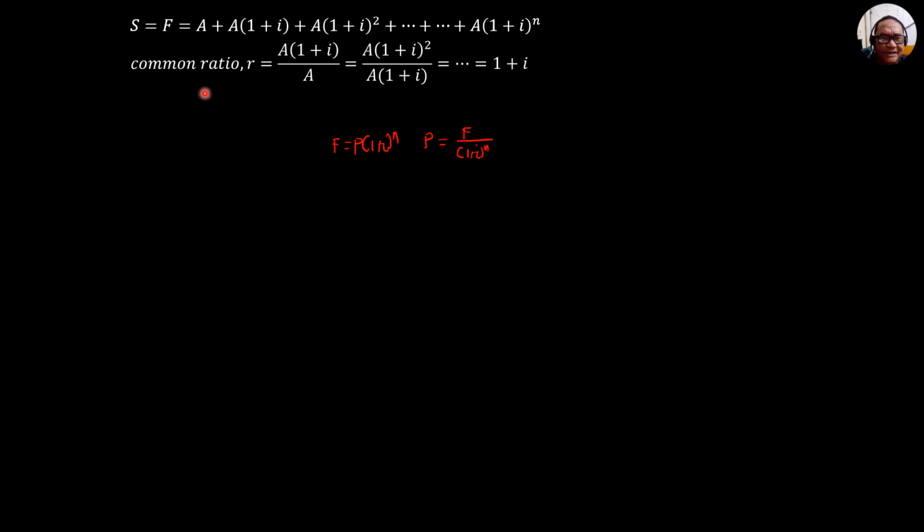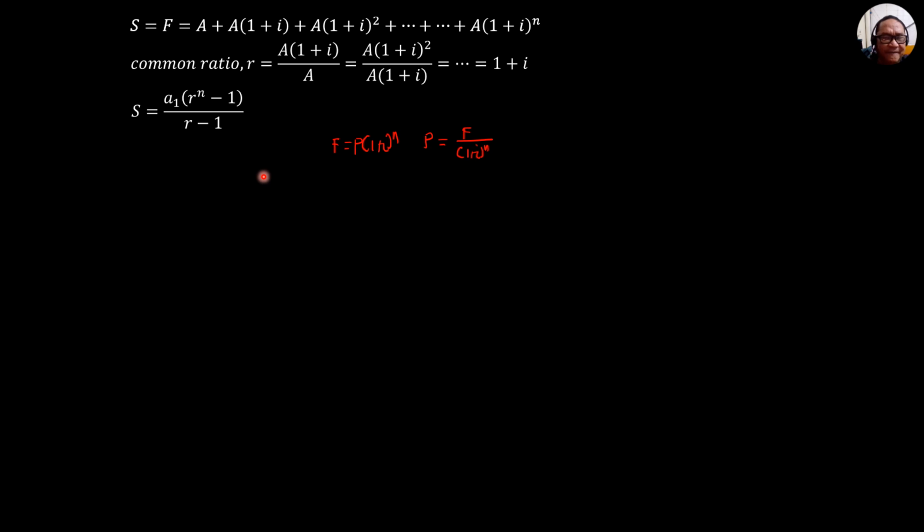Recalling the formula for the sum of terms in geometric progression, which is S equals first term, which is A, times quantity r to the n minus 1 divided by r minus 1. You should be able to recall this formula discussed in algebra, and we also had examples on this. So substituting with a1 equals A and r equals 1 plus I, then r minus 1 is 1 plus I minus 1, so the denominator is I.